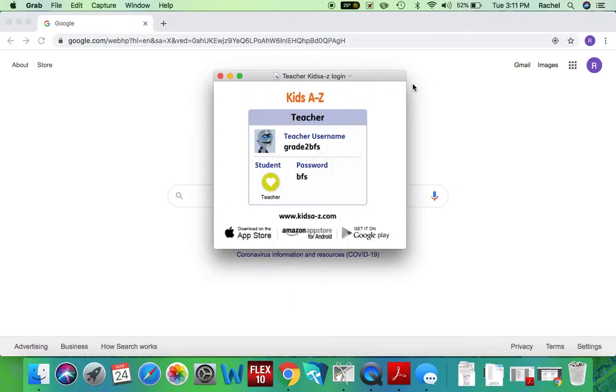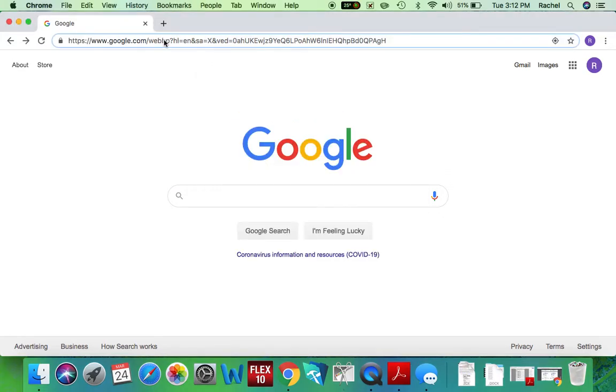So each one of you has a card. Your name will be at the top. You'll have a little round symbol and you'll have your password, and you need to know the teacher username, which is grade 2 BFS. Once you have that, you are going to either download the application onto your phone or